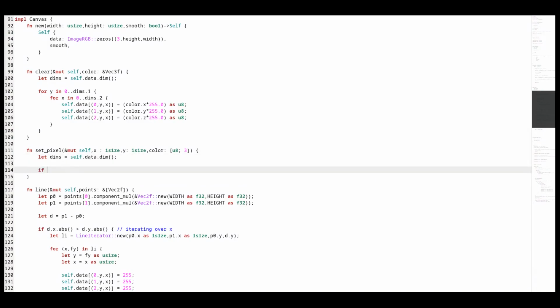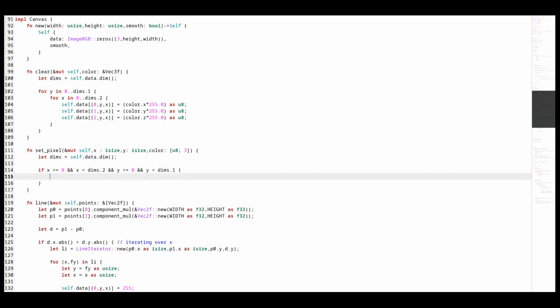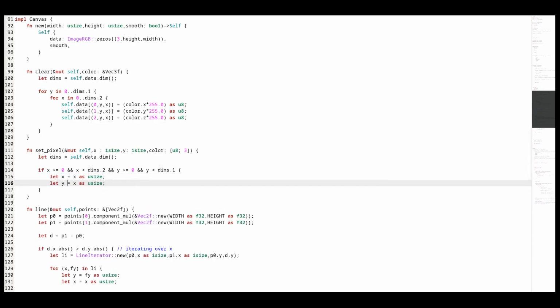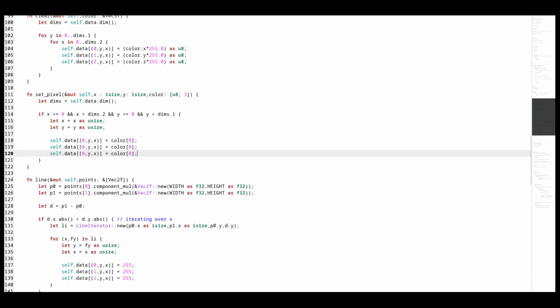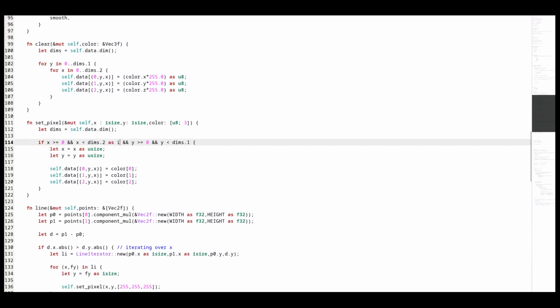We will set the pixel value only if the coordinates fit, else just skip. Oh, I mean as each size, of course.